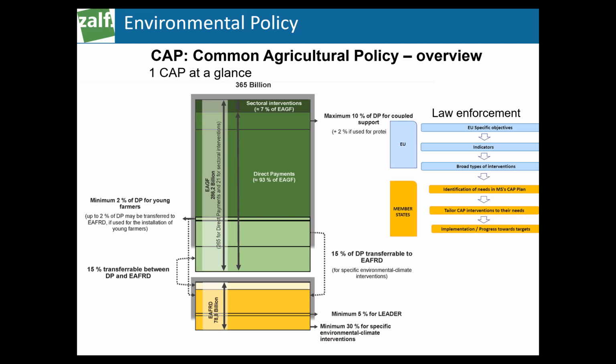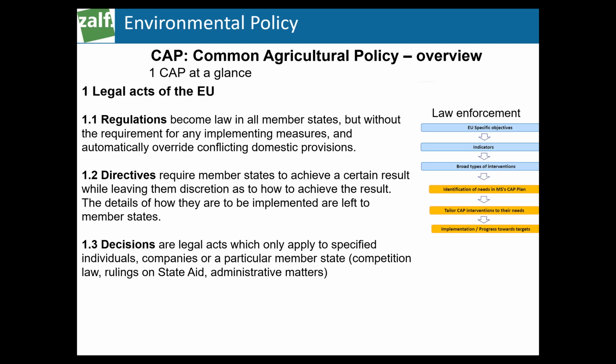That means you have specific objectives at EU level. You build indicators. I would also come to this as an example. You have output indicators to be achieved, and the member states take it up in their legal framework. They build then a certain plan, they build their instruments, interventions, and they comply with the rule given by the EU. That would be the framework or directives. I just give you two examples.